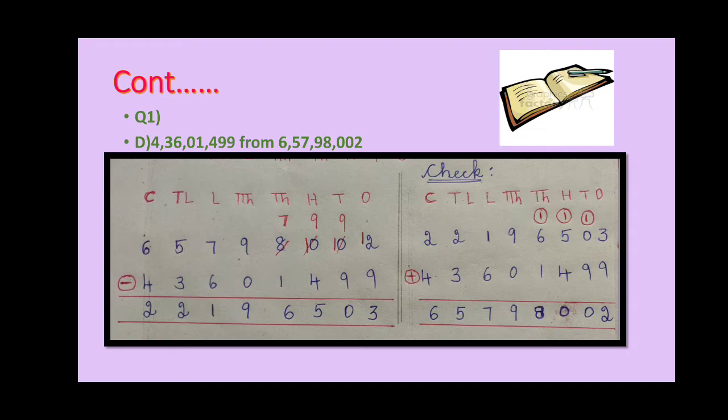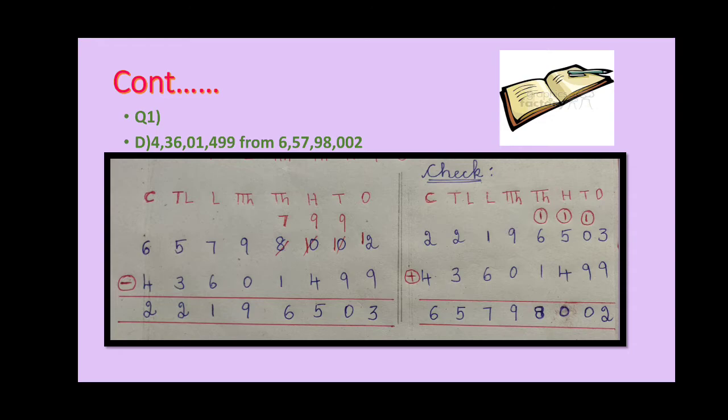Now we will check the answer. How do we check the answer? We have to write the difference and subtrahend to be added. You can write the difference first or the subtrahend first. Why? Because addends can be added in any order, you will get the same answer. So you write the difference and subtrahend, then add.